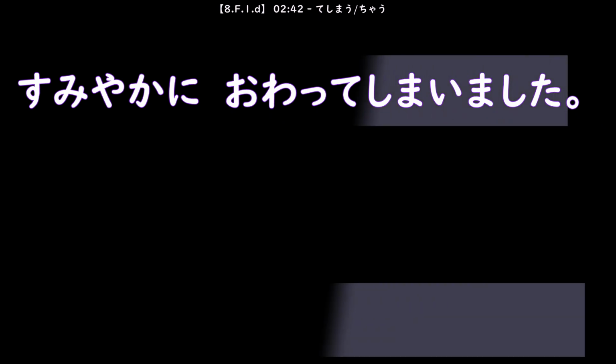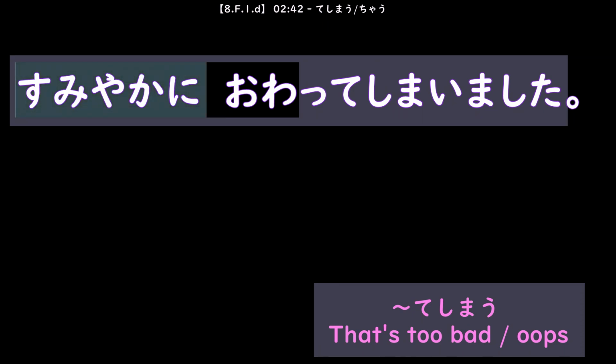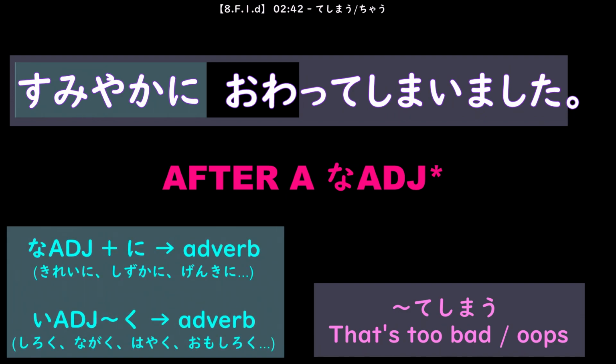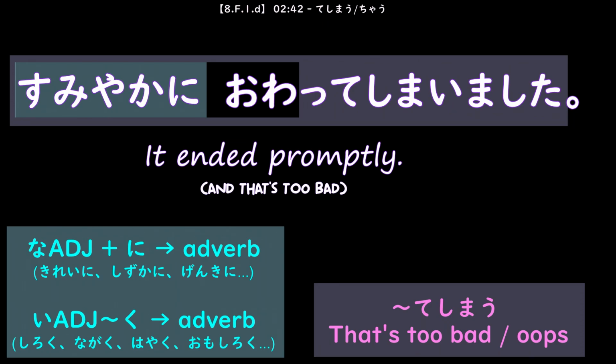Next sentence is quite simple. You have てしまう after the verb to indicate that you regret it. But it's impossible to translate in English anyway. And you have に after the adjective 速やか. So, once again, に after an e adjective indicates that the adjective is used as an adverb. So it works with the verb: to end promptly, or to end quickly. You see, you add "ly" after the adjective to make it an adverb.